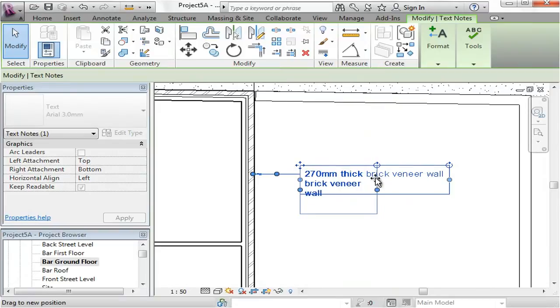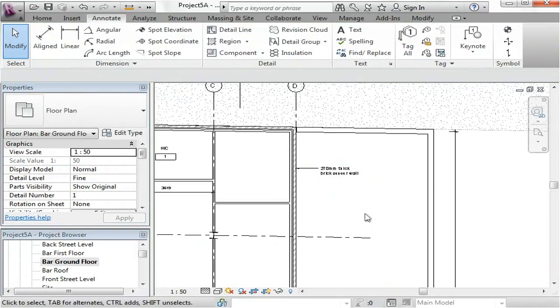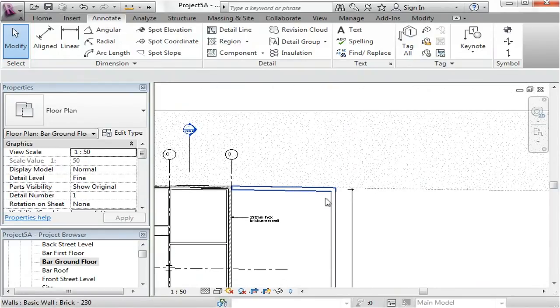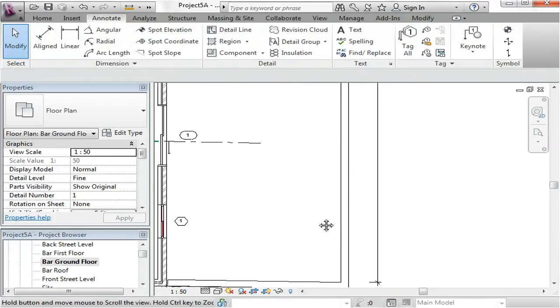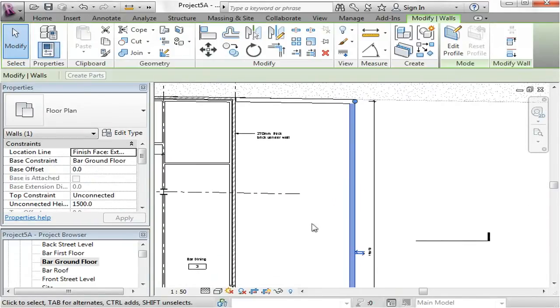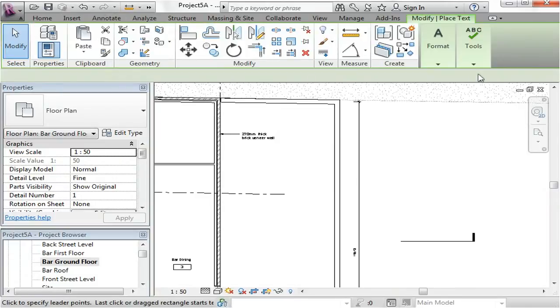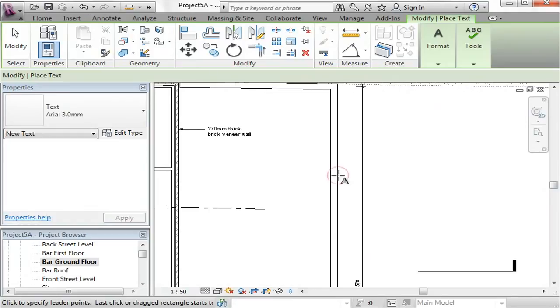Click outside, and I'm just going to move this so it's nice and condensed and not taking up too much space. Now, other walls such as this wall would most likely need some further explanation because it's just two lines. I don't know what material it is, I don't know what it is. Perhaps if I go to this section I might be able to see what it is, but you might want to include text here to help interpret that drawing. So you might want to, let's say,